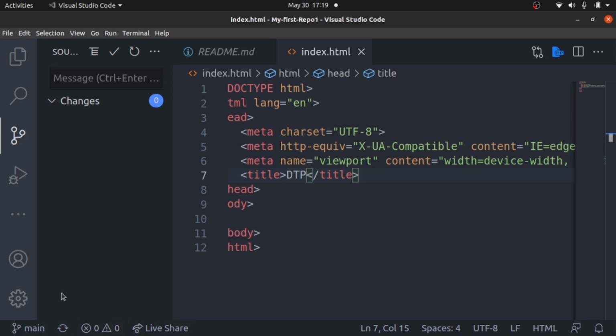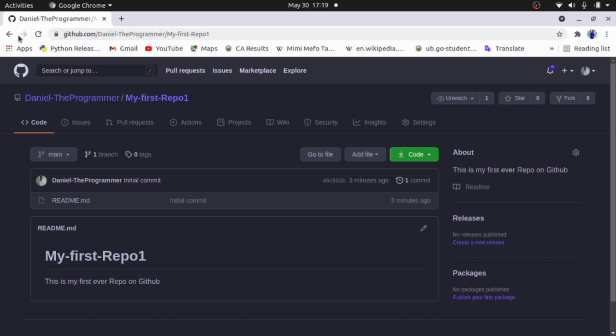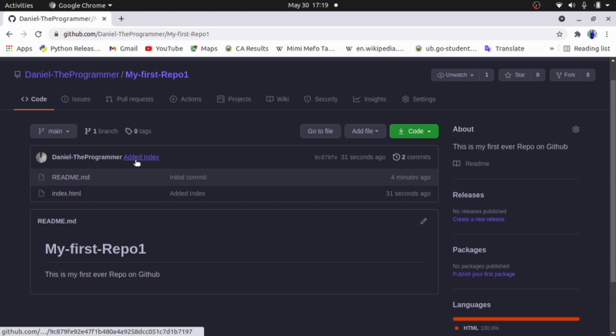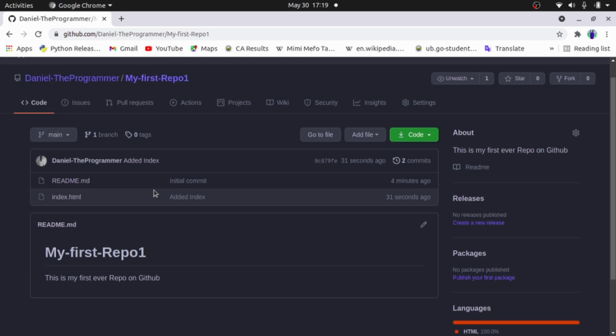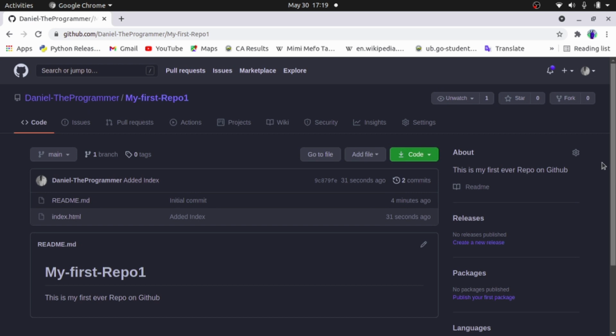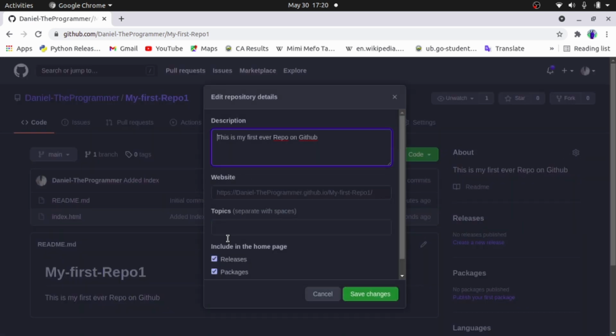After a while it stops loading, meaning that this has been pushed to GitHub, and here you see there's no notification. So let's go to GitHub and see what we've done. Now you see this is the description you added, and you have updated your repo to see that it's up to date. So basically you've used just HTML, and here in the about you can put topics of what you've used. Probably you've used HTML, so you can just say HTML5, then you save changes.